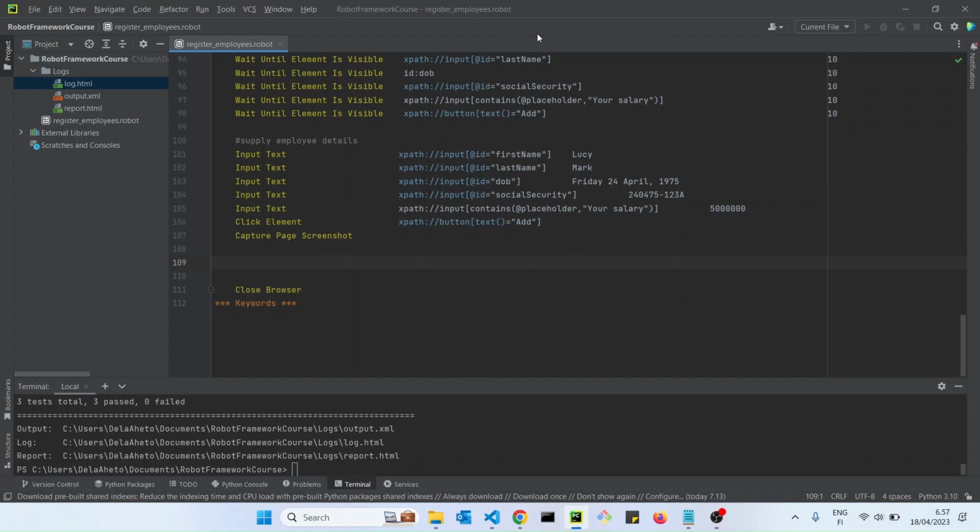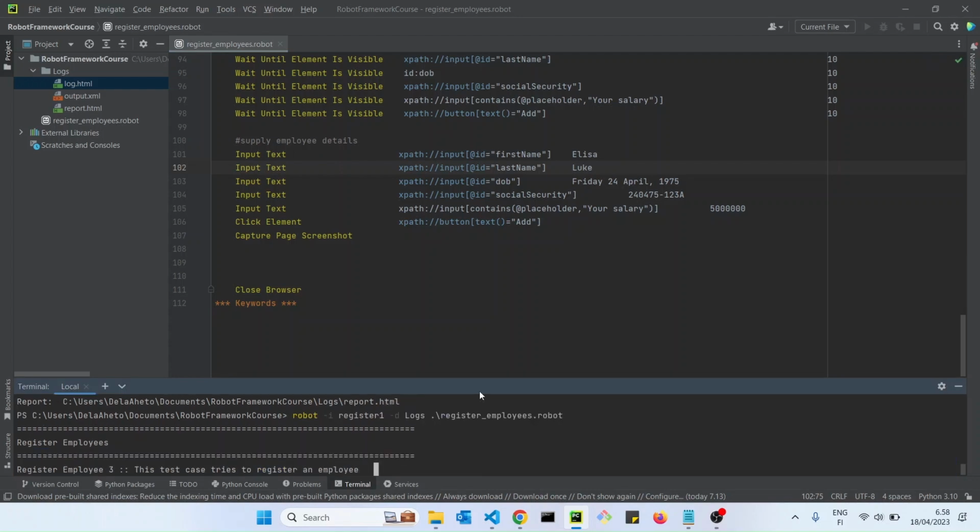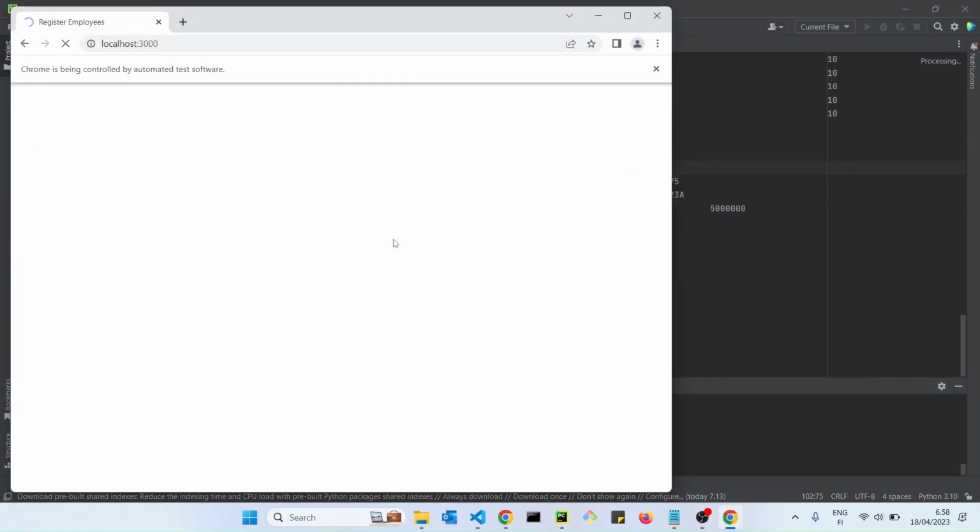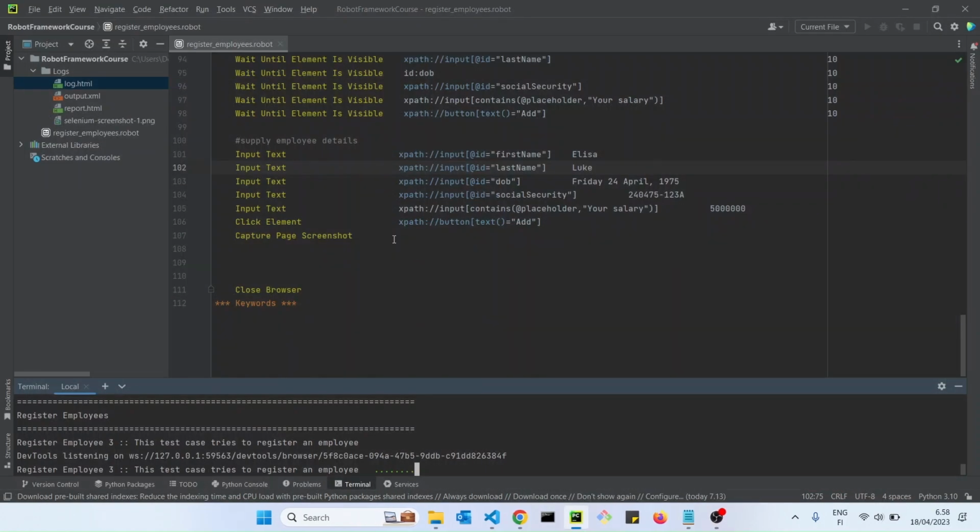So let's see what the robot sees at the end of the run. Let me change this to, let's say, Elisa Look or something like that. Let's run again. Yes, so we now have,